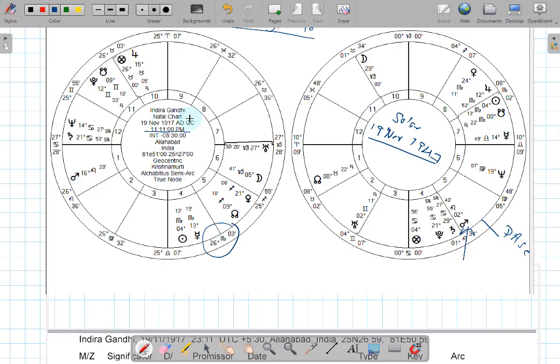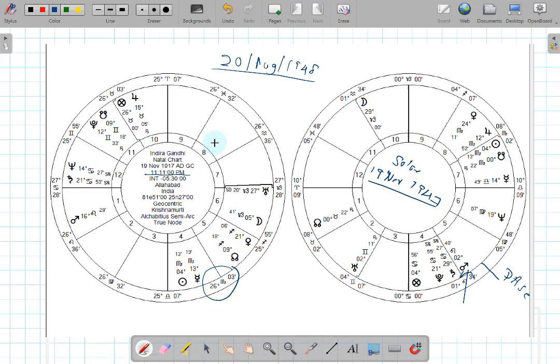Now I was just thinking, okay, you have Mars. I agree that Mars is of the same sect, in sect, and the directed ascendant is falling in the 5th house. But I was just thinking, what about the benefic influence? Now this happens around the year 1948. So the solar return is 1947.